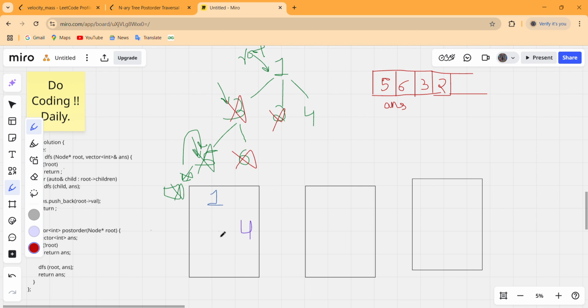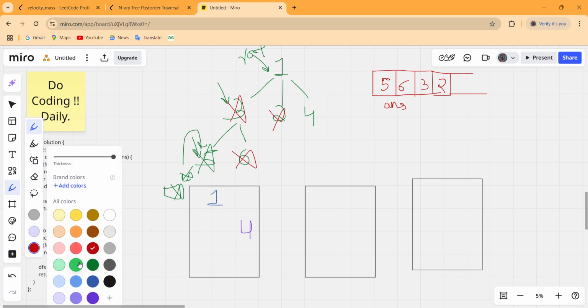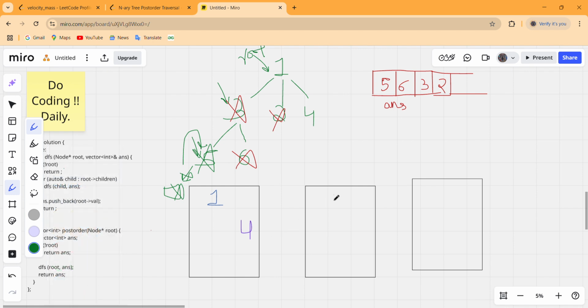This time the DFS for this 4 gets called. So this 4 is basically the root this time, and now it will check whether this current node is empty or null or not. No, it is not null, it has some integer value inside it.